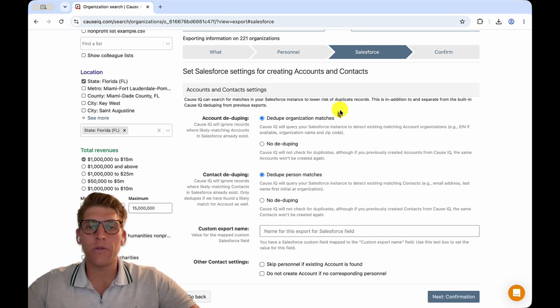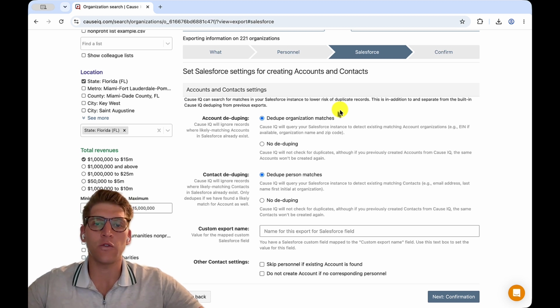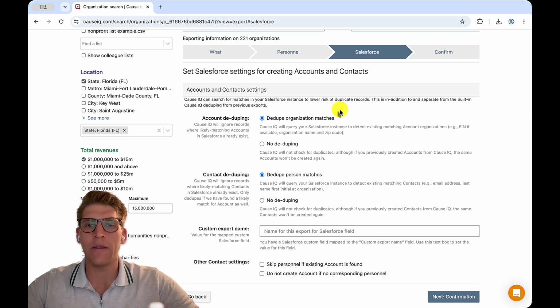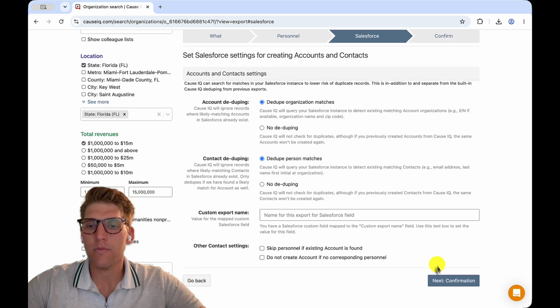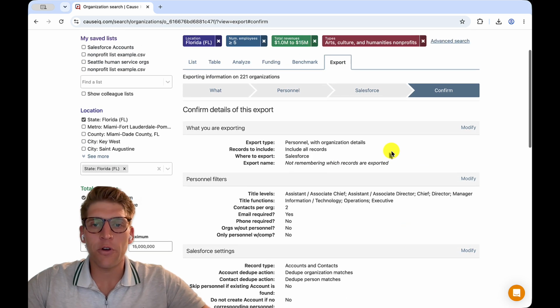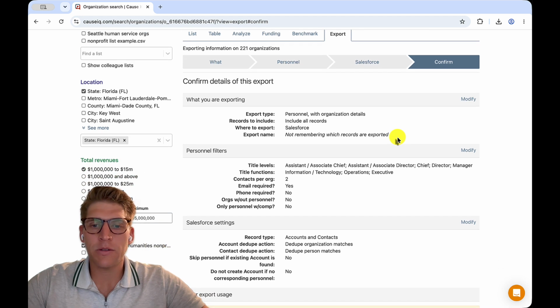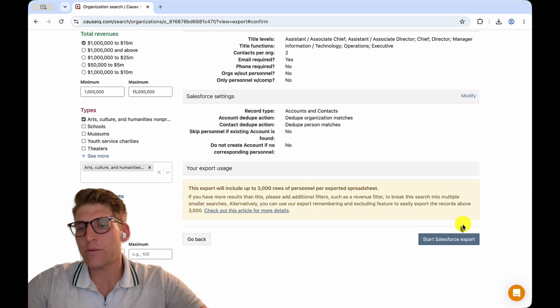Remember, since we've already gone through the field mapping process, there's no need to choose which information I want CosIQ to push over to the linked Salesforce instance, because that's all stored in that Salesforce field mapping page. The confirm step here will overview my selections. And when I'm ready to start the Salesforce export, I just need to click this blue button that says Start